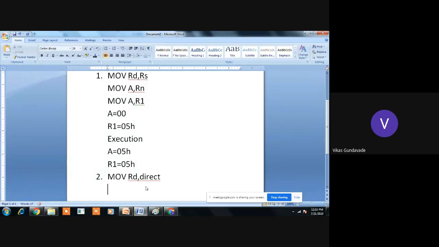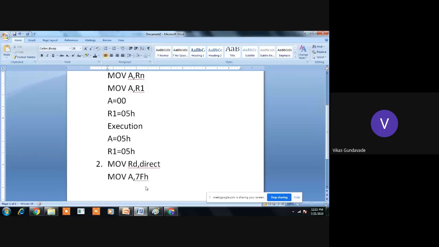Okay, so this is the next instruction, and an example of this instruction we can write as move A, let's say the direct address 7FH.